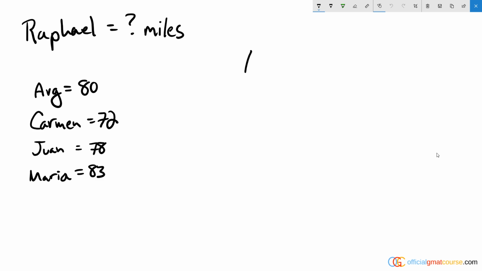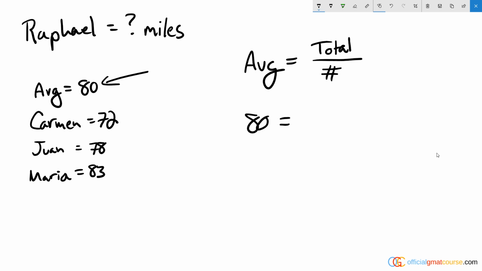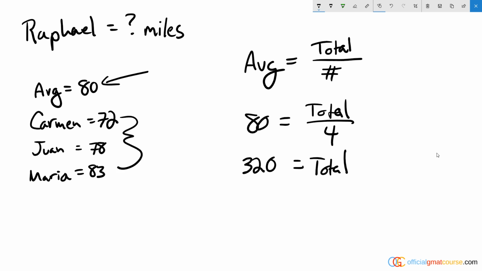And so if you remember, average is equal to the sum total divided by the number of things we have. So for example, this average of 80 here is equal to whatever the total number of miles driven were divided by 4, which means the total is going to equal 4 times 80, which is 320. Okay, so we have the total is 320, and then we know how much of that total was driven by